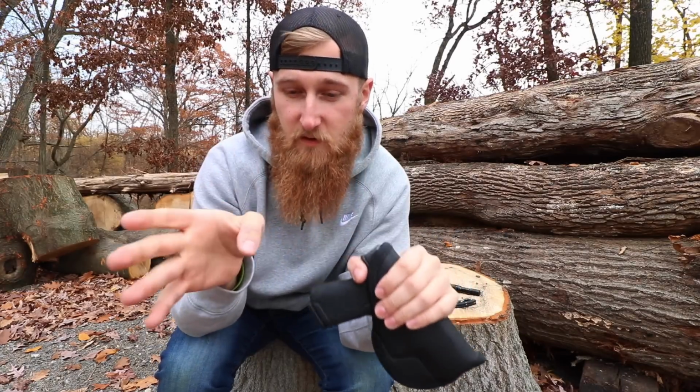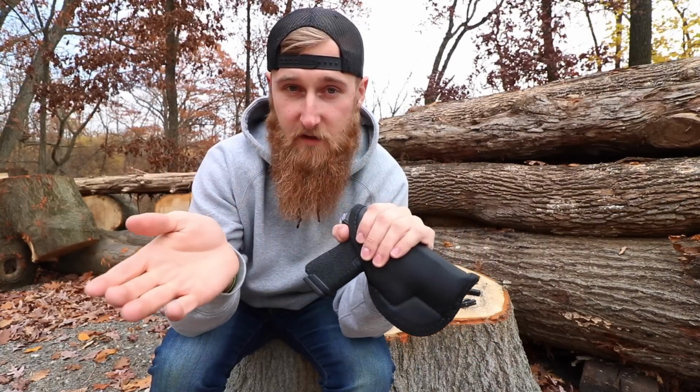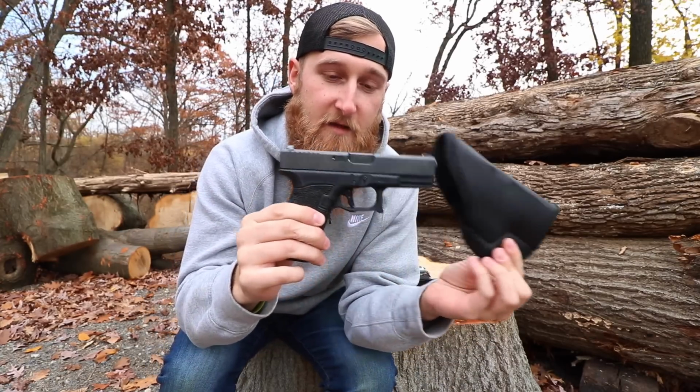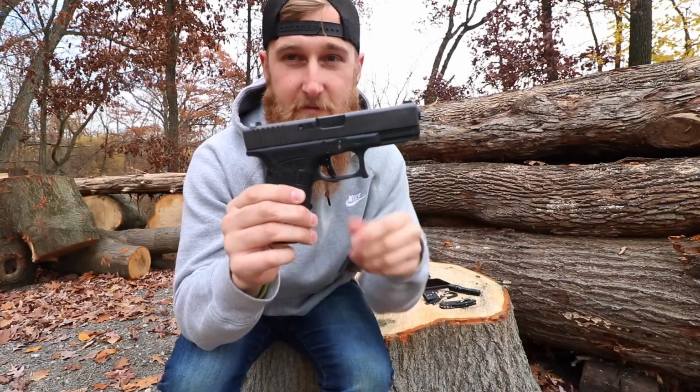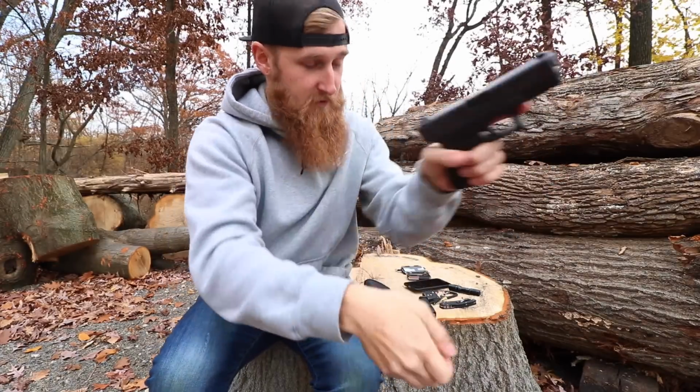And last but not least, the gun. Now before I get into this, let me say that I'm not going to be talking about philosophy of use or talk about why I carry a gun. I'll just simply say that I obviously like guns, I'm licensed to carry them, and it's my right, so why not? With that being said, this is my custom Glock 19. Do a safety check for all you nerds out there. Magazine out, chamber's clear,